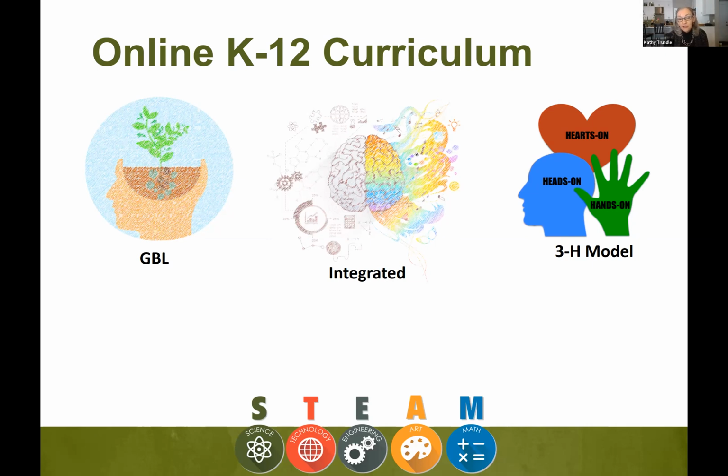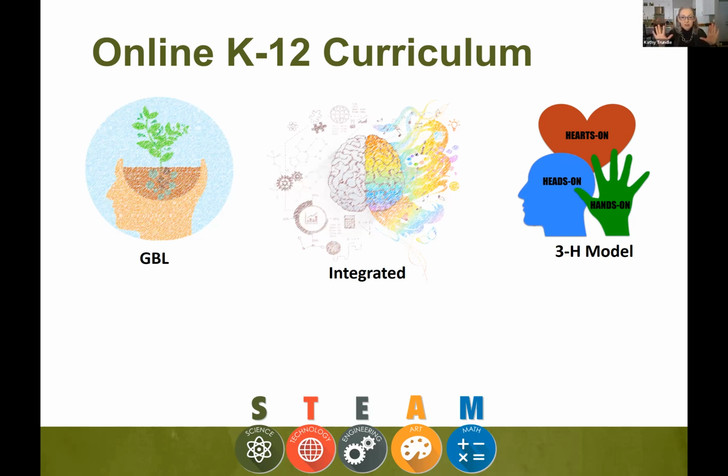We're using a 3H learning model, and that also, again, is research-based and highly effective. Some of you, especially those board members for the education components, are probably familiar with a 5E learning cycle, and we're probably all familiar with hands-on and inquiry.